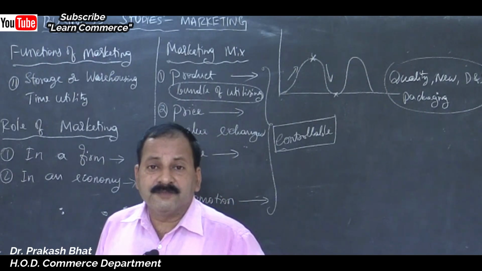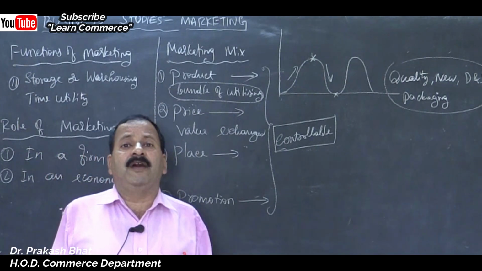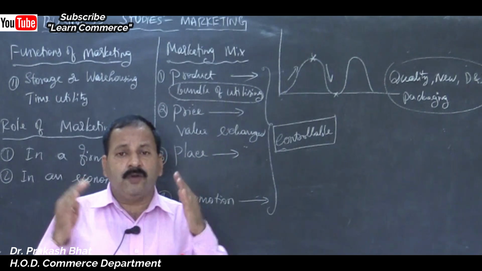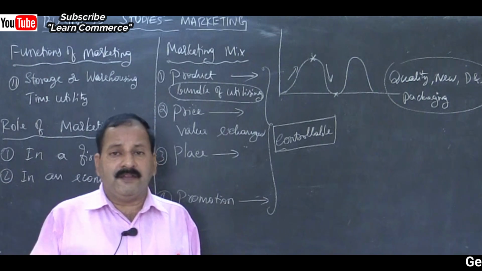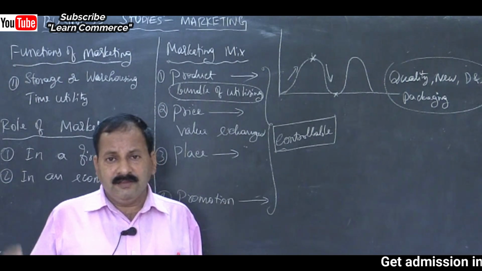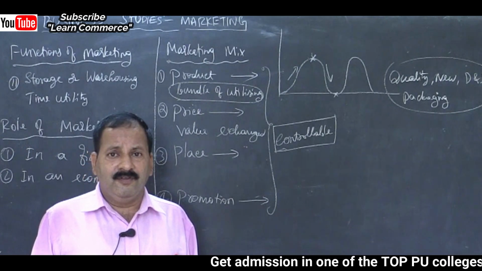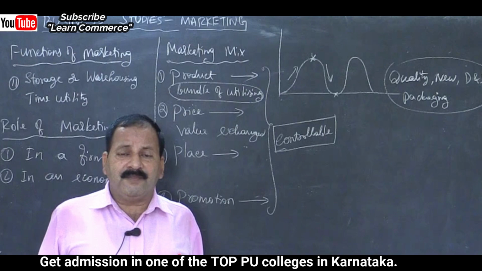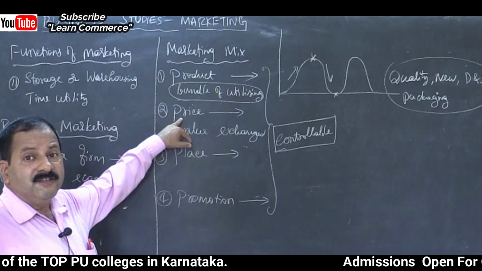People never compromise with the quality because varieties are available in the market, and if your shop is not ready to satisfy his needs, then he can enter the other shop. He can enter the nearby shop because varieties are available in the other shop. Why should he compromise with the quality or the price of the product? And people compare the prices.